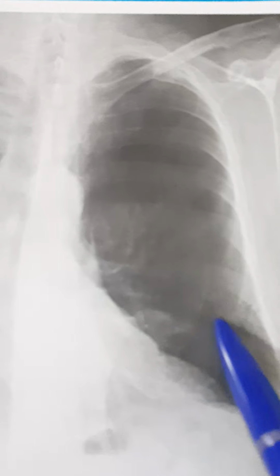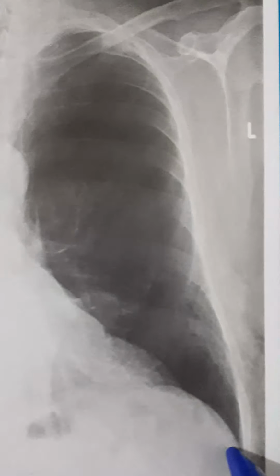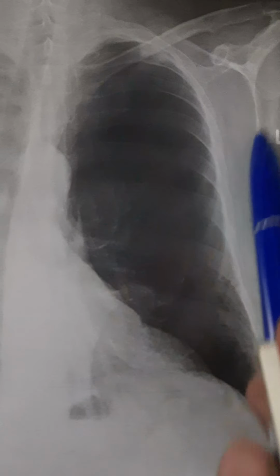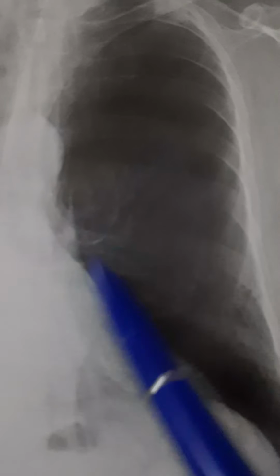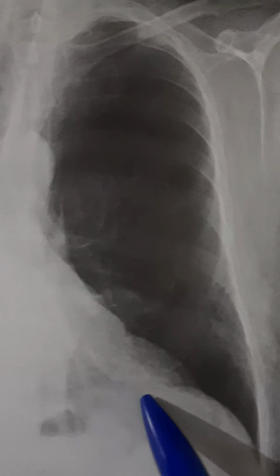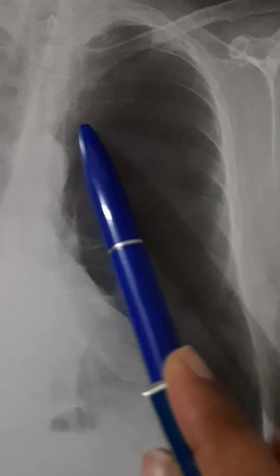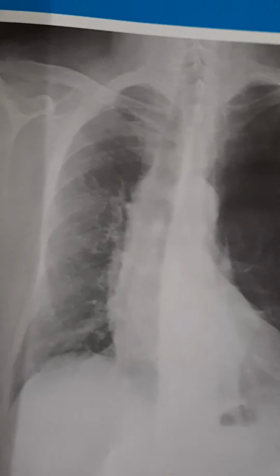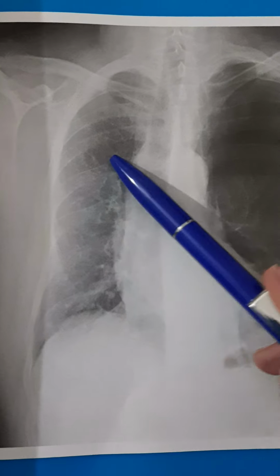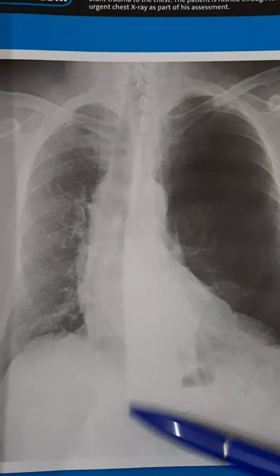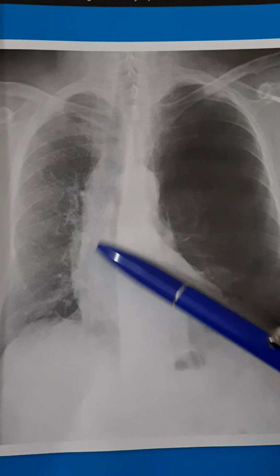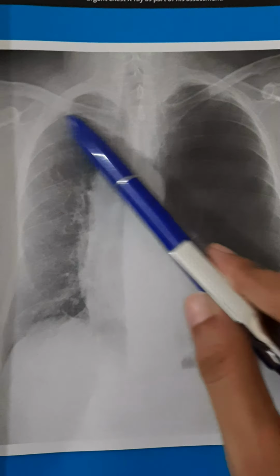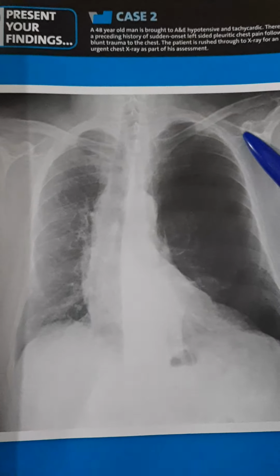Here we are seeing any abnormality because the shadow is very dark, and here are some whitish lung markings visible. Here is an edge which is separating this tissue from this blackened area, and here are the normal lung markings. Trachea and heart seem to be shifted towards the right side, because this is the right side and this is the left side.